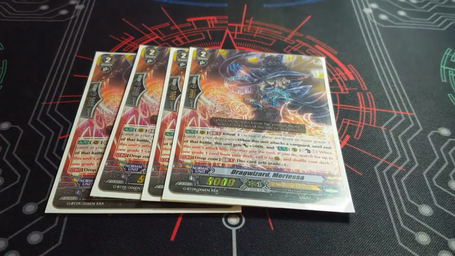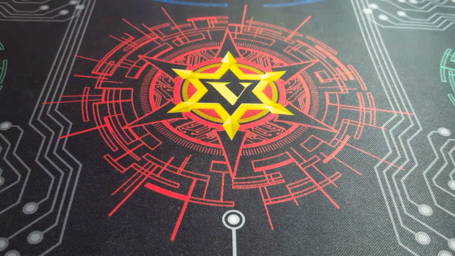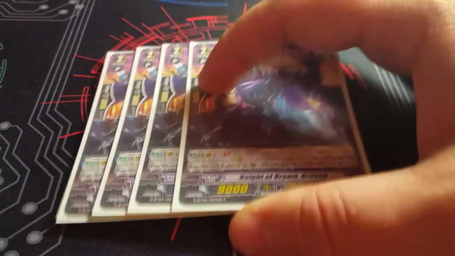Then next, 4 Morfessa. She's a beat stick, and she's a grade 1 of the drop zone. I actually find that skill more useful than her being a beat stick nowadays, but she's still a good card. And my last grade 2, one of our MVPs to the deck,